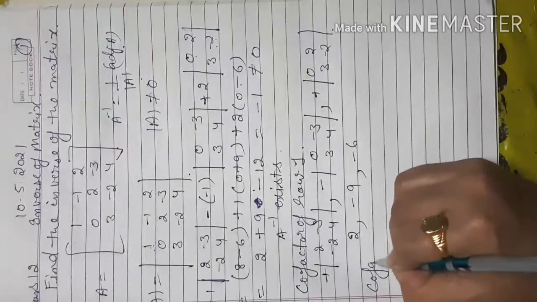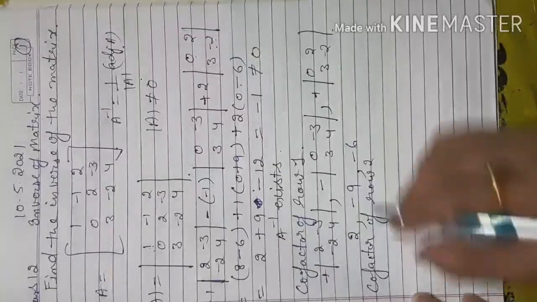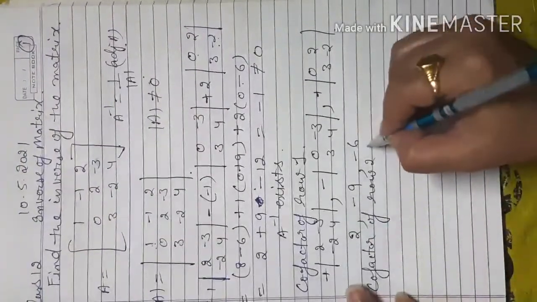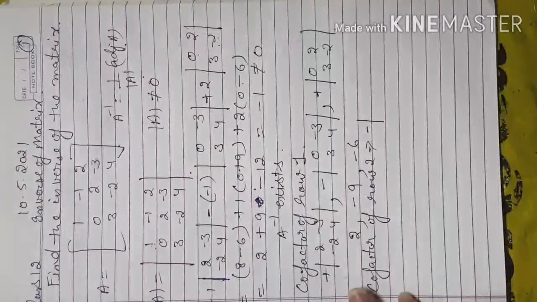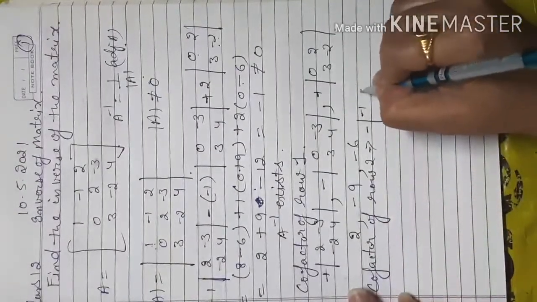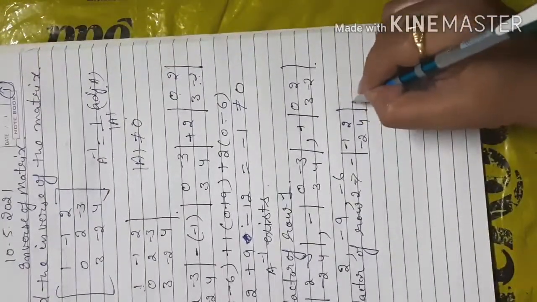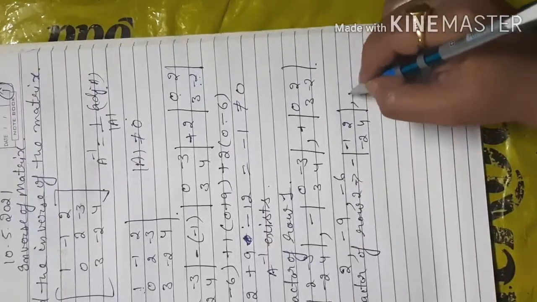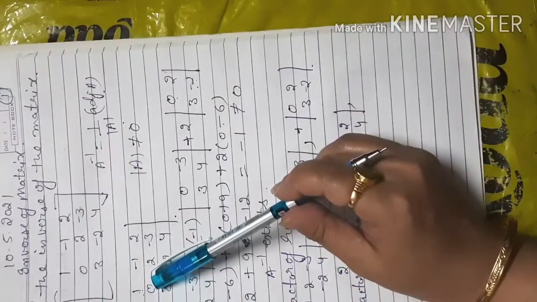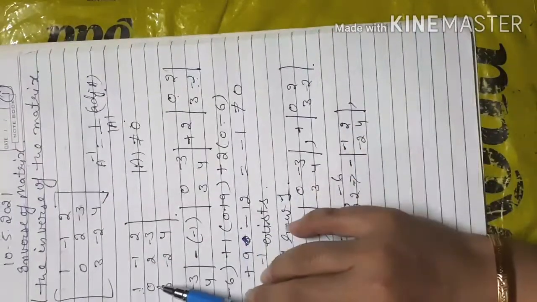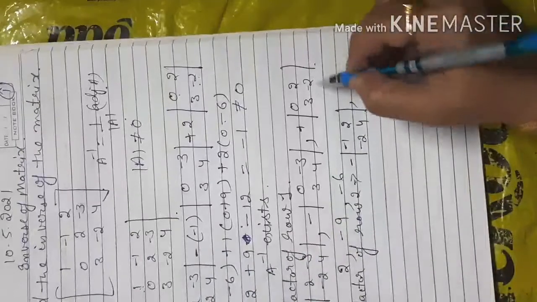Now the cofactors of row 2. What will be the cofactors of row 2? Similarly, for the second row, first column, the position sign is negative, and the elements are minus 1 2, minus 2 4. Then for the second row, second column, the position sign is positive. Don't bother about this being 0, because we are not going to multiply the element. We have to pick the position sign and the connected elements. Don't confuse it with this 0.